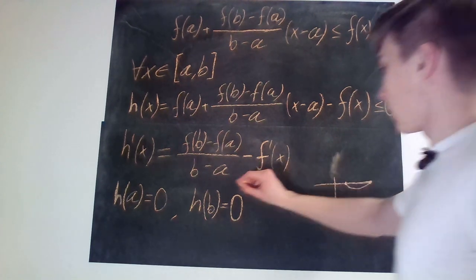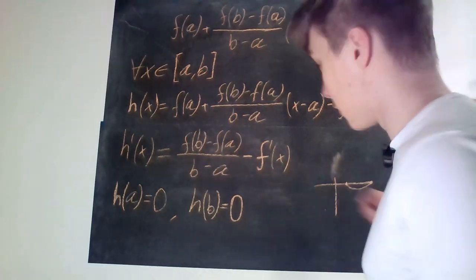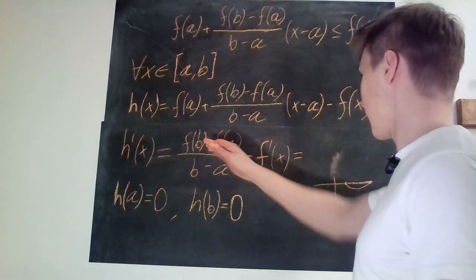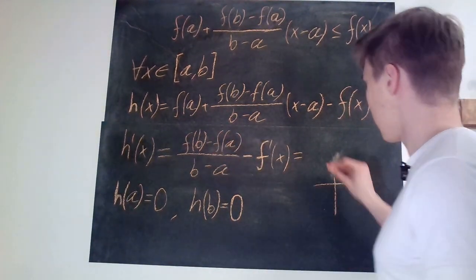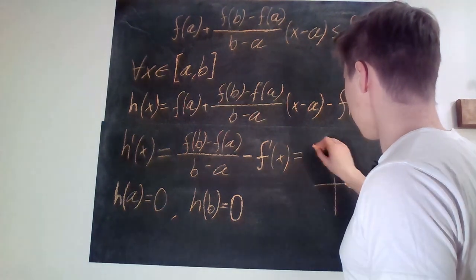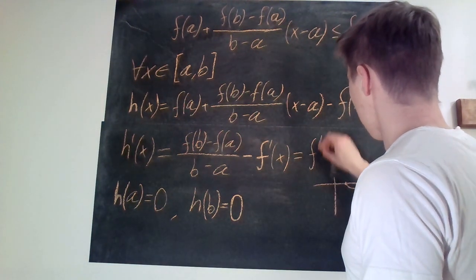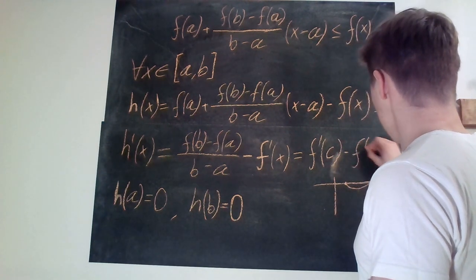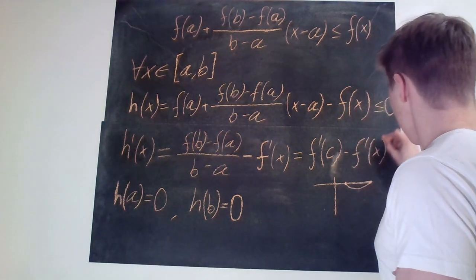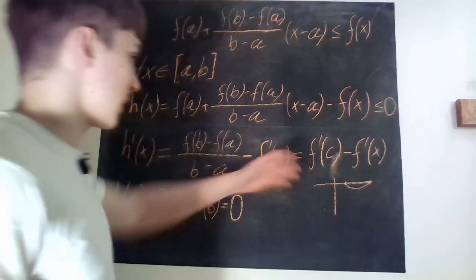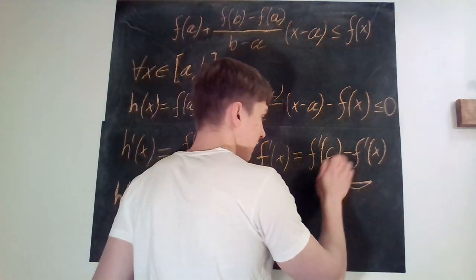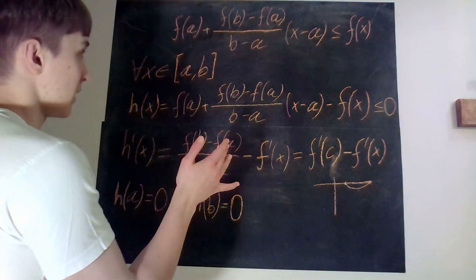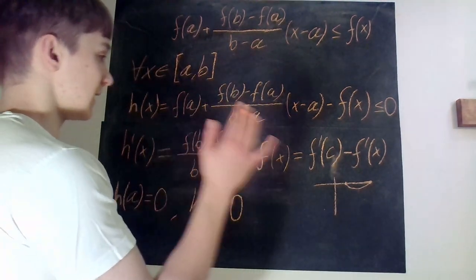Okay, again, we use the mean value theorem. So we know that there exists a c in between a and b, I'm not even going to write it out, such that this is equal to f prime of c minus f prime of x. So now, okay, we have this thing here. And what do we know about f prime? We know that f prime is strictly decreasing,